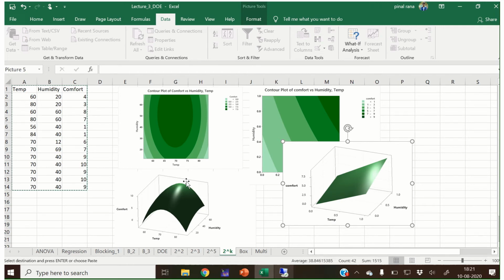Suppose we find that the optimum value is 23.469. It is not possible to maintain the temperature at that particular value. So to optimize, we need a range of values in which we find the optimal solution. We can obtain that when our levels are more than 2, whether 3, 4, or 5. I hope you understand the importance of levels in design of experiment.